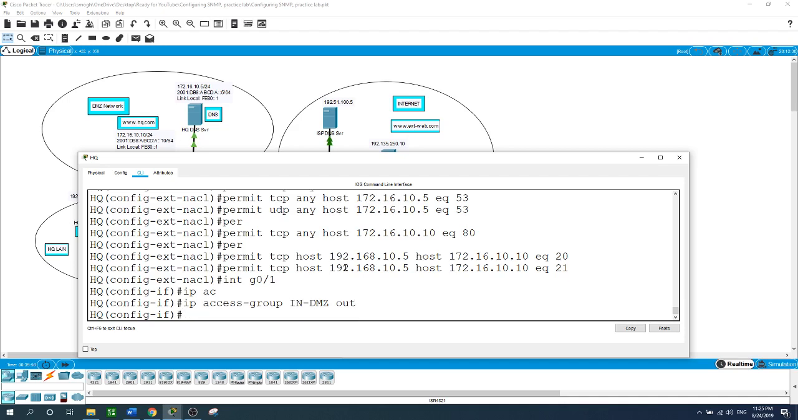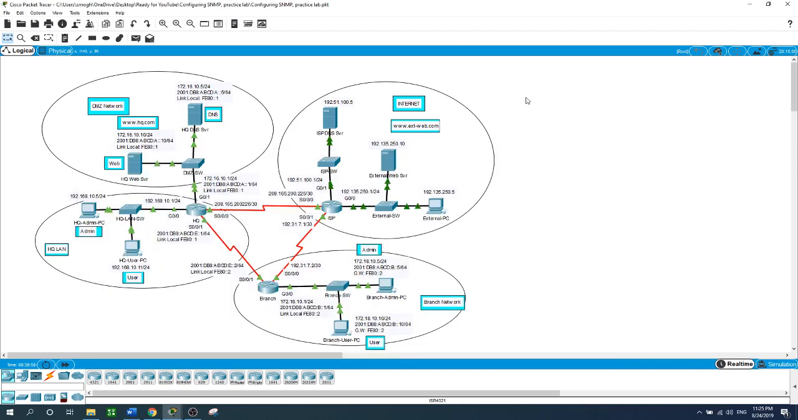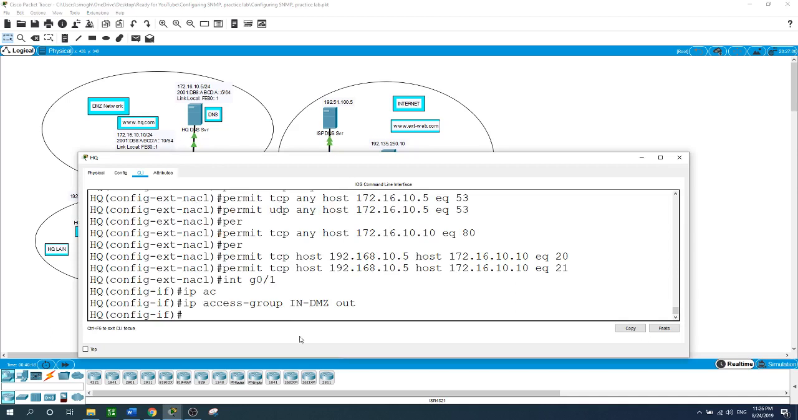Next, I will configure an IPv6 access control list to restrict access to the DMZ network from the branch LAN, from the branch LAN to the DMZ. I will name it DMZ FTP. So on the HQ router,